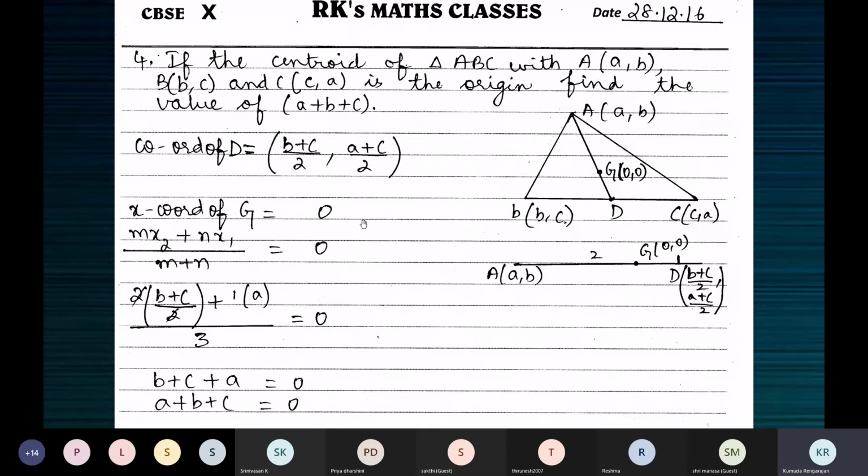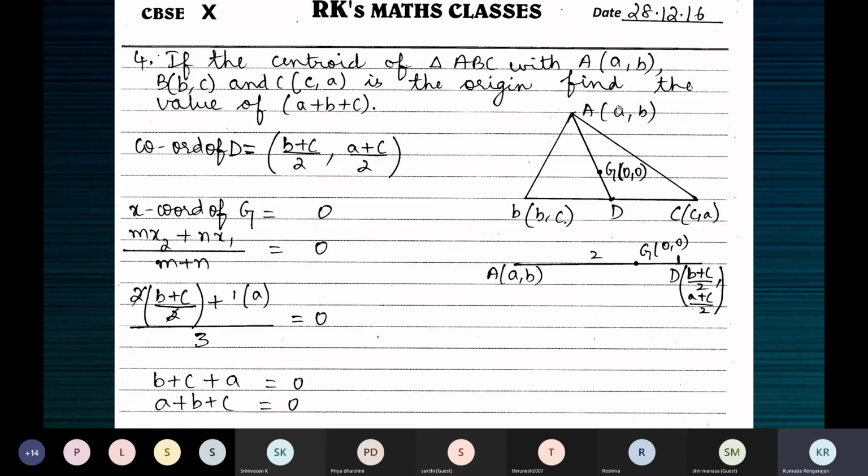So I have worked it like this. See, I have not used the formula to find the centroid here. Okay, let me tell you the answer. Now see how it's given that the centroid is at the origin. So G is given by (0, 0). So what is the value of A plus B plus C?